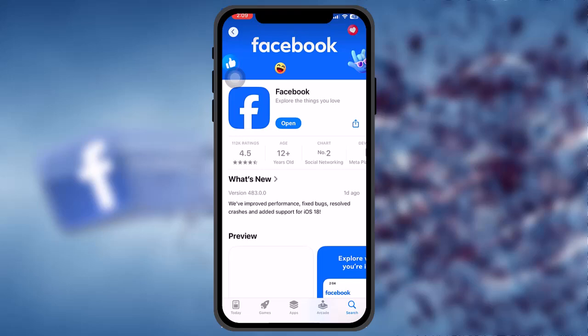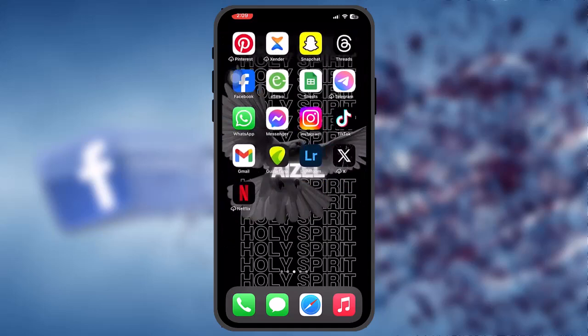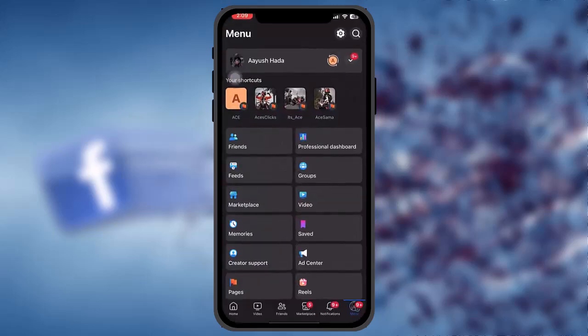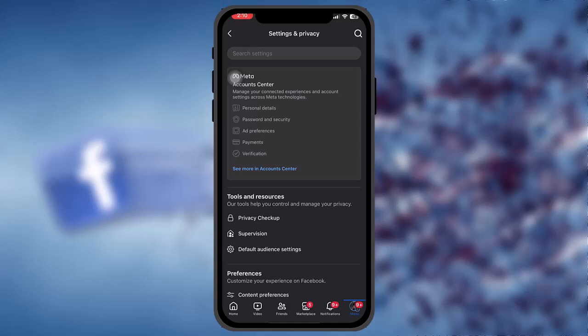If that still doesn't fix the issue, then what you can do is just go back and then open up your Facebook app, and once you're there, tap on your profile icon on the bottom right corner of the screen, which will take you to your menu page, and then on the top right you'll be seeing your settings icon or your gear icon. Tap on that, and once you're inside here under Account Center, you'll be seeing the option